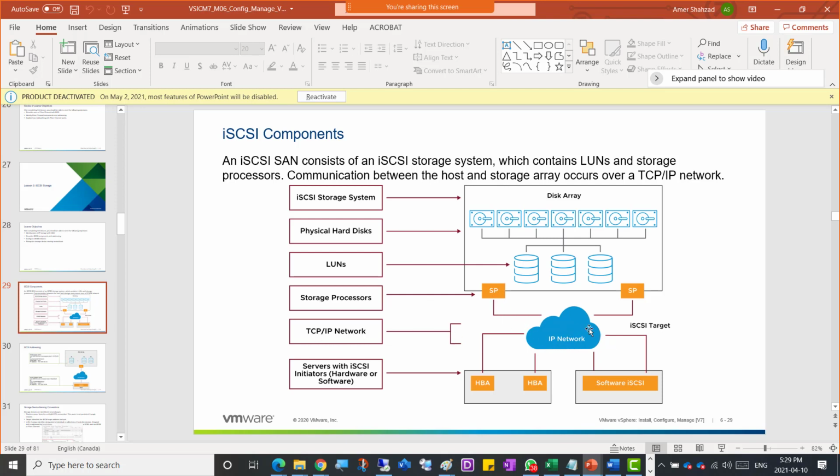TCP/IP network over the Ethernet, that's the main thing. You don't have any Fibre Channel here now, so it's just an Ethernet network, and then servers with iSCSI initiators. So we talked about that. We did that iSCSI initiator. We connected our software SAN with that target there, the iSCSI target